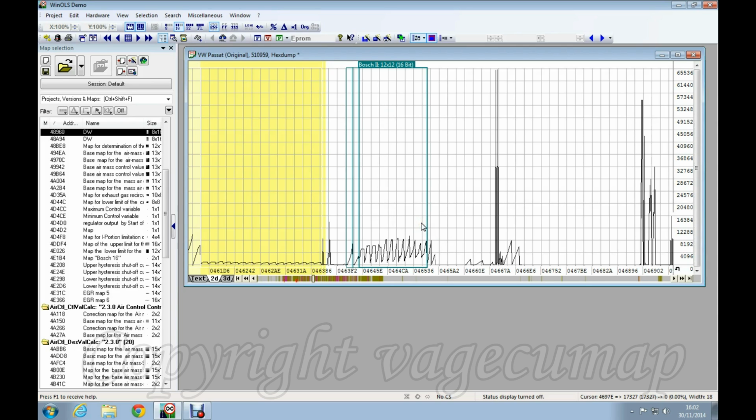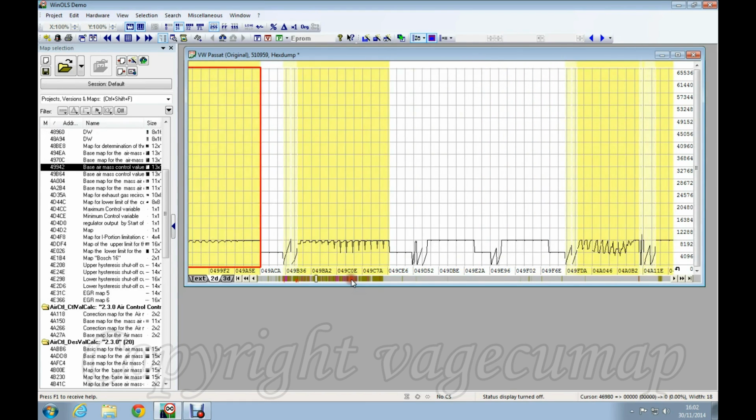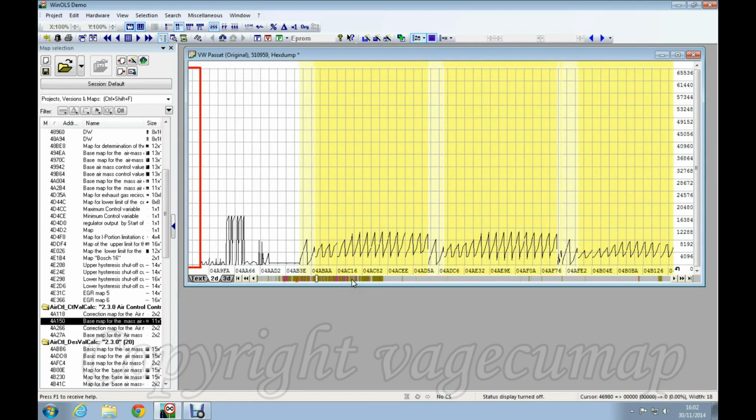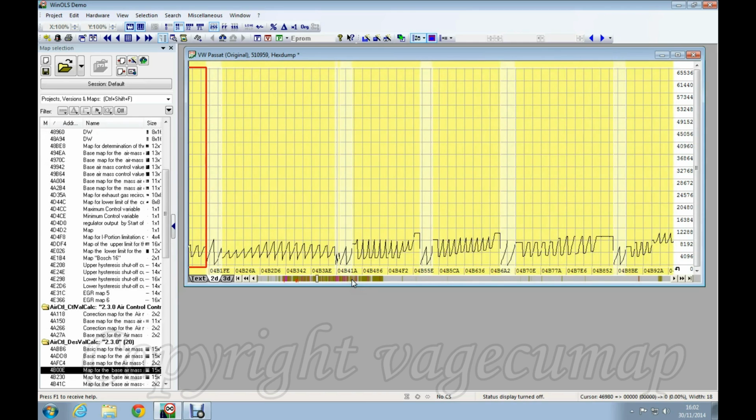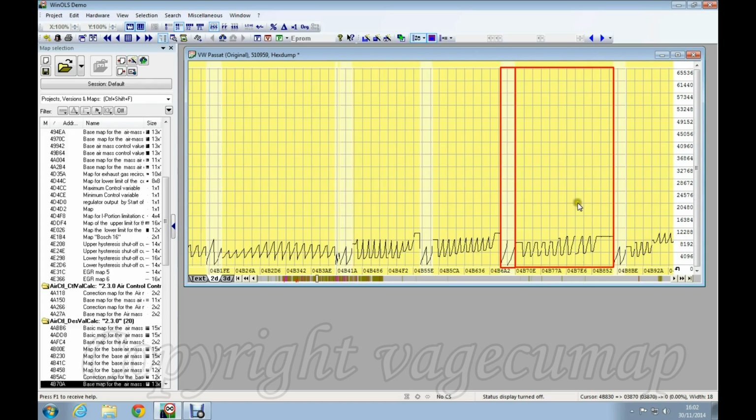Now, the area we want is obviously the EGR area, so what I'm going to do is just look through here and see if we can spot something related to EGR. Now these look as if they might well be EGR type maps because they've got that sort of characteristic shape.